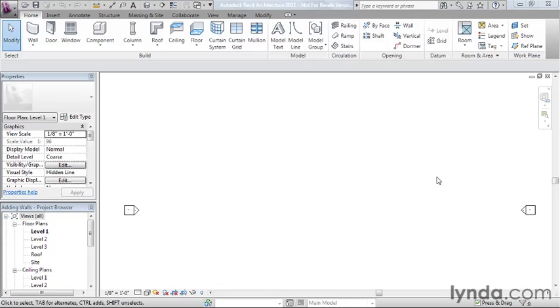Walls are perhaps the most basic building component in any project. Certainly they will be one of the first objects you'll need to master in your learning of Revit. Walls have many settings that you can change while you're drawing them, and you can edit many of those settings after you draw them. So the Wall tool can be found on the Home tab, and I'm in a file